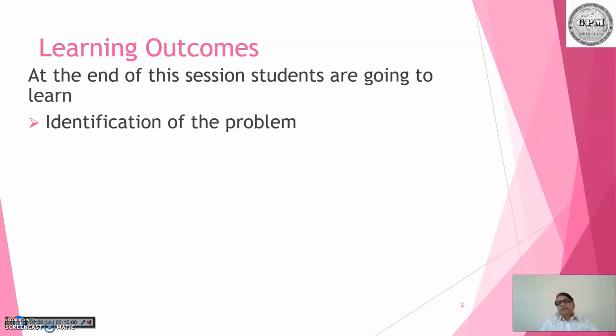the identification of the problem. That means here, whatever the given problem is there, we have to identify. So in which category it comes, whether it comes under finding out the dimensions with all given data, or else with all given dimensions and some data to find what are the induced stresses in the elements.